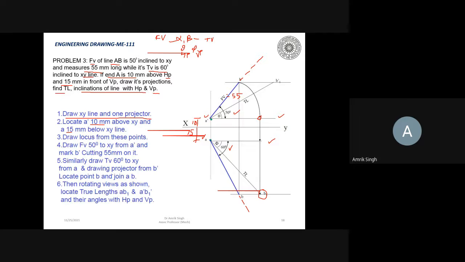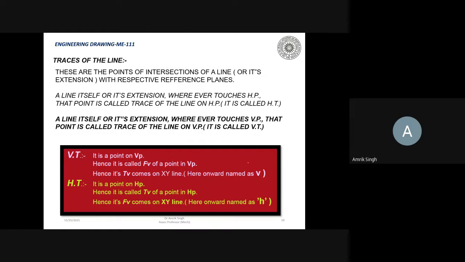Okay. Then rotate the views. So you rotate to find the true length A dash B dash. That is A, this one. So this is the true length you can know because you have to find. And then A dash B dash. So this is A dash B dash. Because the true length was not given here. So you have found this. Okay? So this is the third method. So now, as far as your course is concerned, only these simple problems are with you. So you can practice these three problems and I'll give you the more problems.